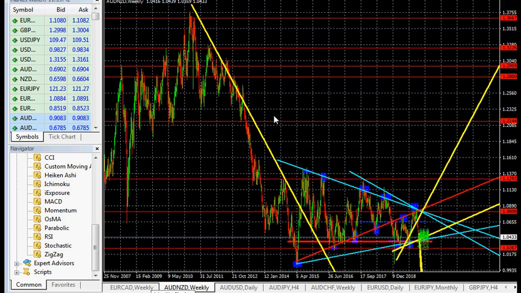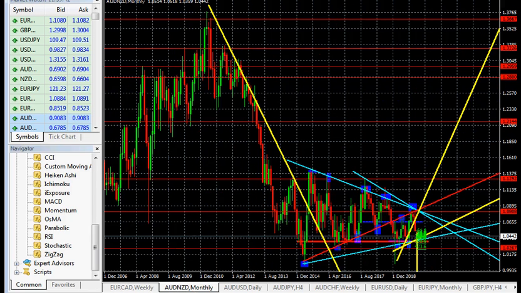We go to the Australian dollar versus New Zealand dollar. From the monthly time frame, we can see that the bigger picture is a downtrend. As you can see, a run, a pullback, a run, a pullback, a run. The break of this trend line, the market retested it and formed a symmetrical triangle. As you can see, after the break of this symmetrical triangle, the market makes a lower low, then comes back for a retest. You can see it has finished the retest.